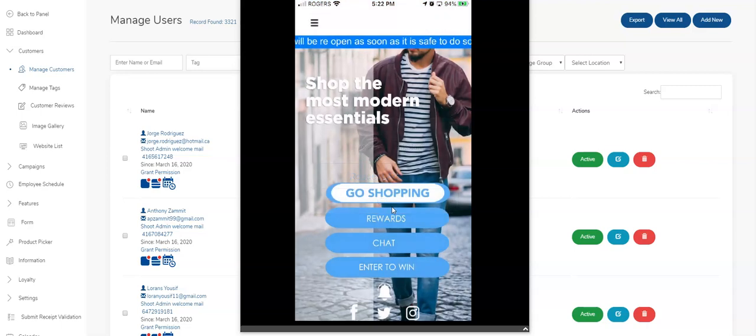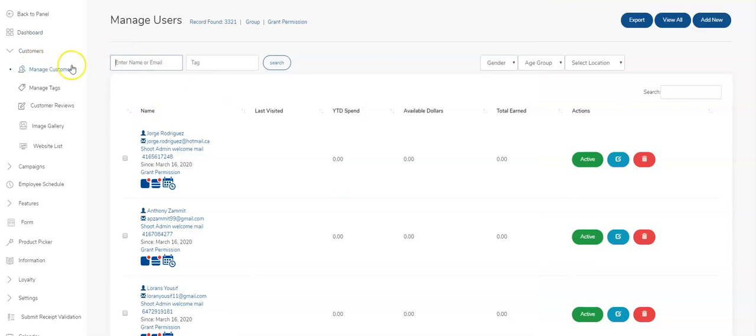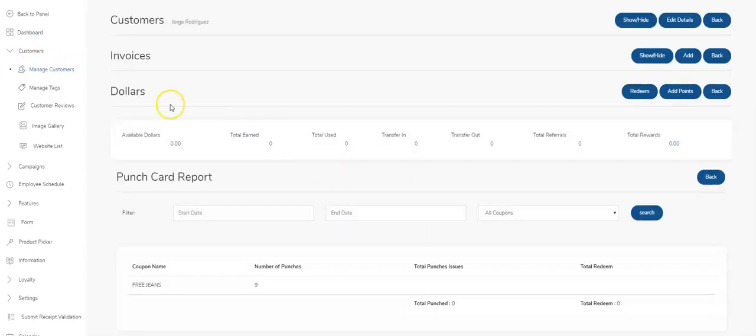But if I request access, the system will automatically send an email to the admins of the app saying such and such user has asked for access. And then they're able to go into that user's account, which is right here. Click on the customer file. And over here, when you click on their name or any one of those links, you open up the CRM,